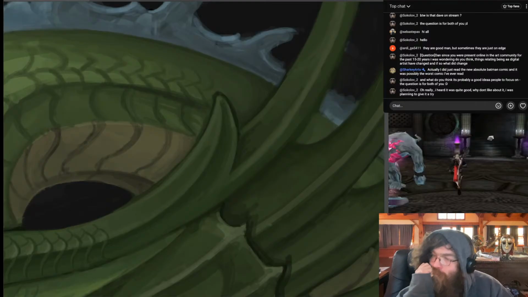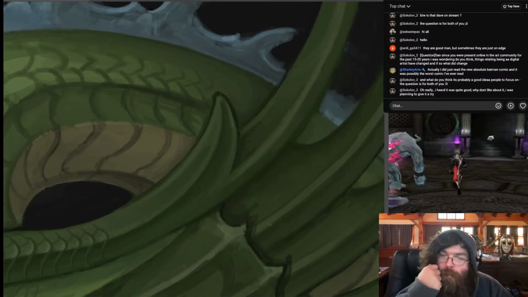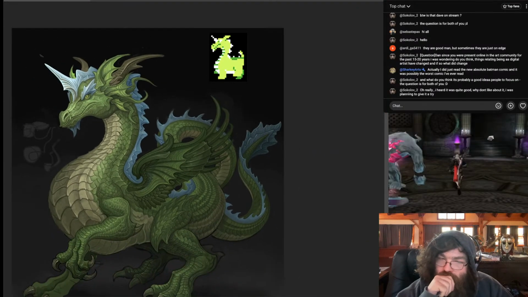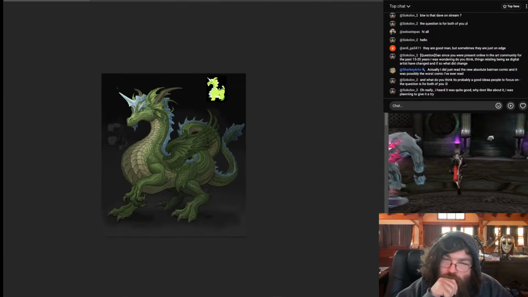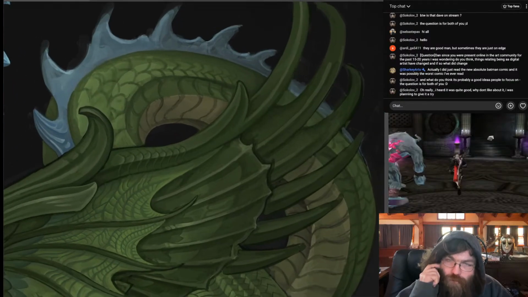And with AI being around, it's really just shined a spotlight on that because all it is is an amalgamation of everything. So the fact that things are extremely generic in AI art, I think that really goes to show just how important it is to really do what you want to do